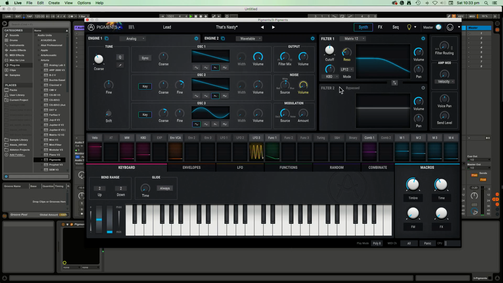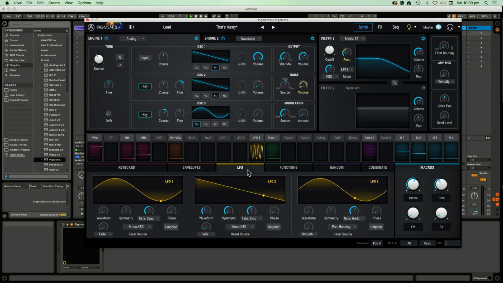Alright, now let's have a look at modulation. So, this LFO3. Marco, this LFO3 is running at audio rate. You can see here how fast that's running now. That is actually an audio rate. So what is this modulating? It's free running too, which means it's not synced to the clock, and it is